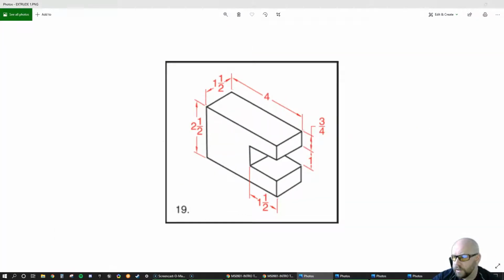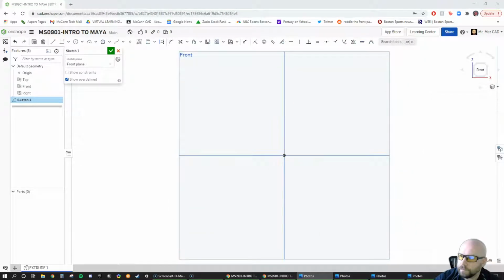Whenever I start to sketch something, the parts that we sketch first are going to be very simple. In our next project, we're going to have multiple features, and we'll go into more detail as we continue on. But to start off, we have one simple feature, and the way to approach this is, when we're drawing in 2 dimensions in our sketch, we're going to imagine this thing isn't 3D. We're going to look at the surface that looks the most detailed. That surface would be this front surface here, because we can see it kind of makes a C shape here. So I'm going to draw this shape on here by going up to line,